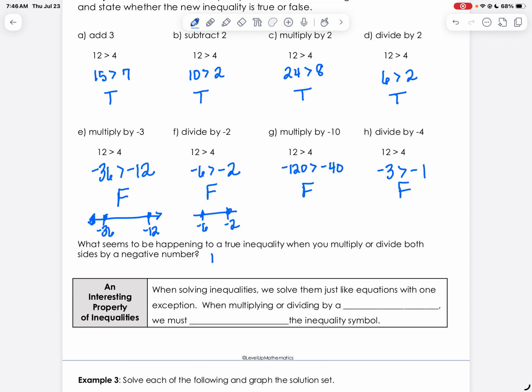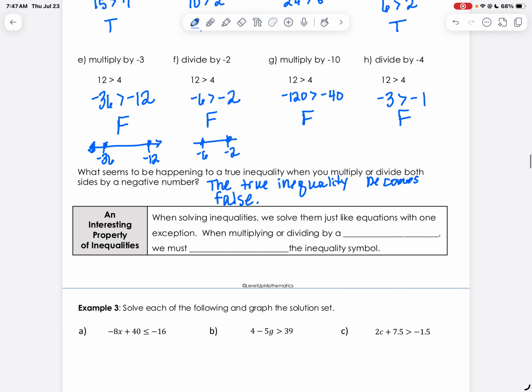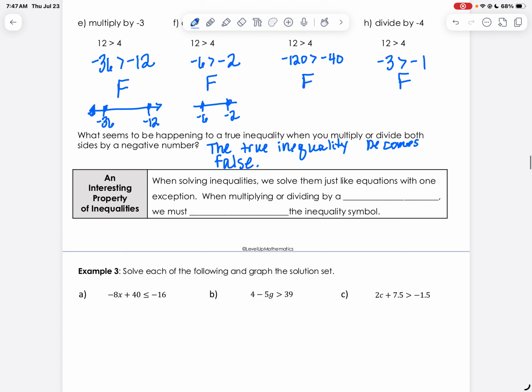So the true inequality becomes false when multiplying or dividing by a negative number. So that leads us to a very interesting property of inequalities when we're trying to solve